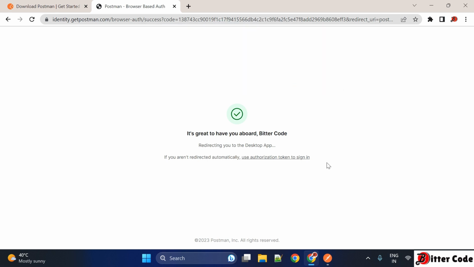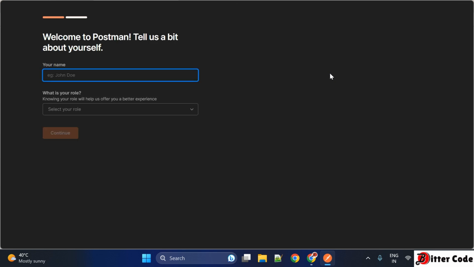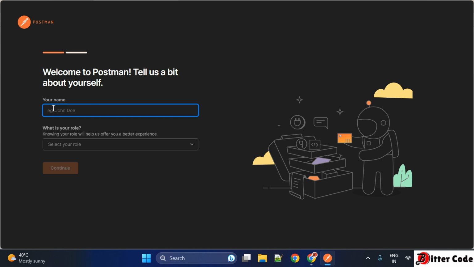Click on open Postman. And now you can see Postman will be opened, logged in. So it is open now, and here you have to enter the name. So just enter bitter code and you can select the role. You can keep anything